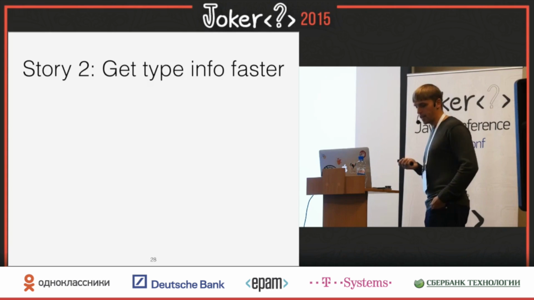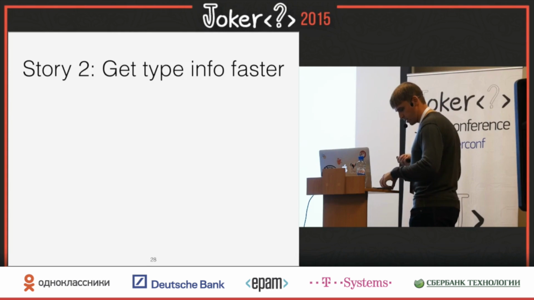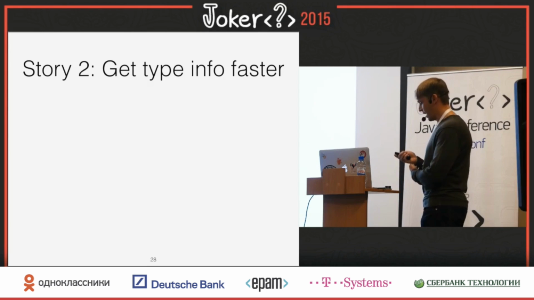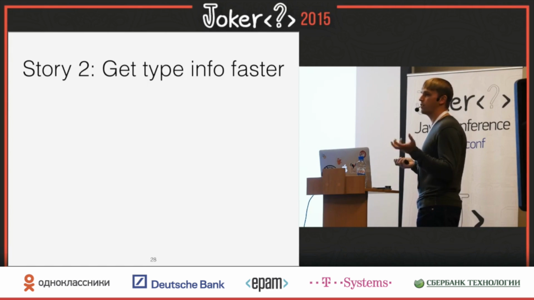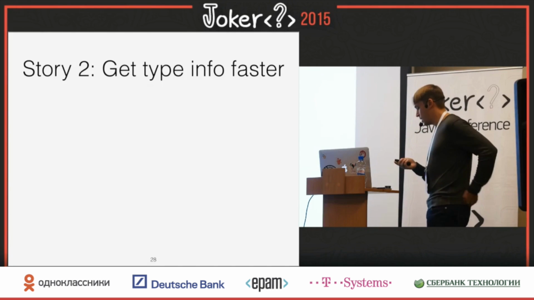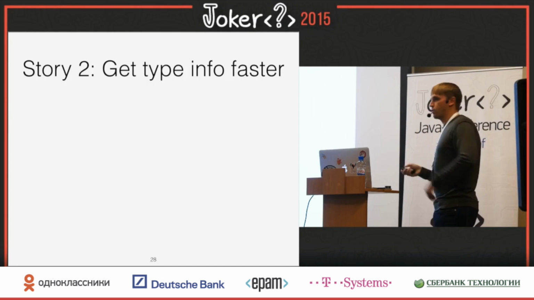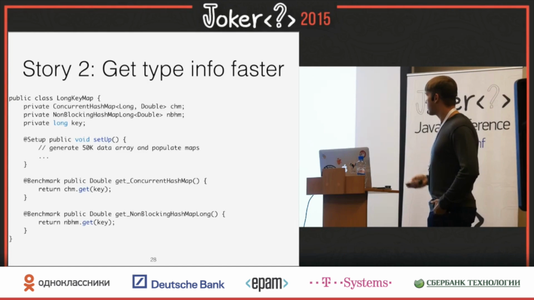Now, this getType thing is expensive. We found out, okay, we need to fix it. In essence, what this type is, every domain object has a type descriptor ID, which is a long. So in a way, by a long key, you need to get an object from a map. So here is a JMH benchmark with omitted parts.